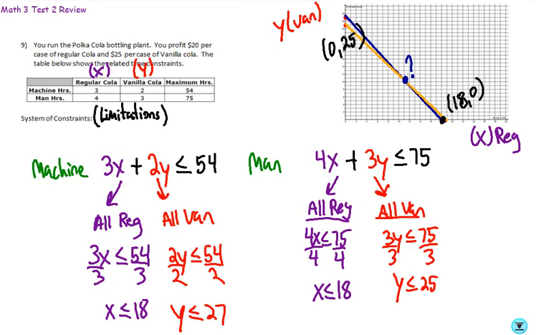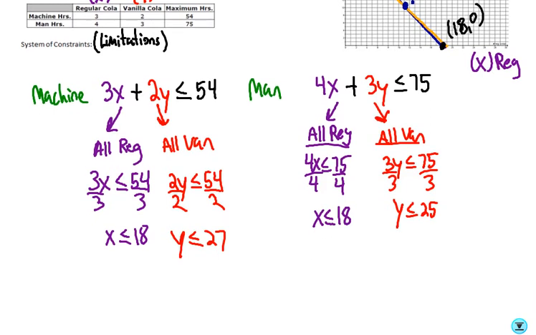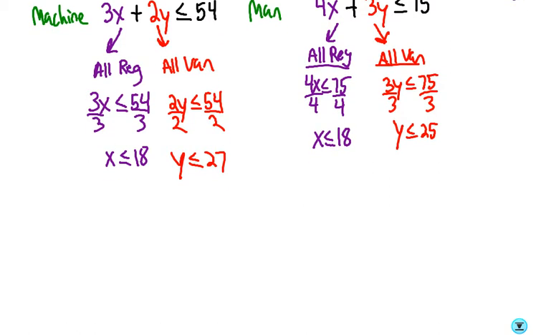So what I'm going to do to find out that number for sure is take the two that I have and use elimination. Because when you solve by substitution or elimination, what you're finding is where the two lines intersect, or cross. So I'm going to do that very thing to figure out where those two lines cross. I'm just going to take my two inequalities here, 3x + 2y ≤ 54,